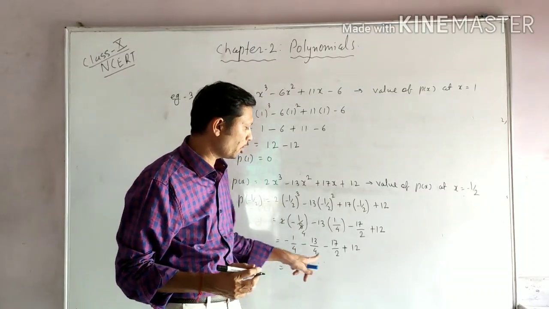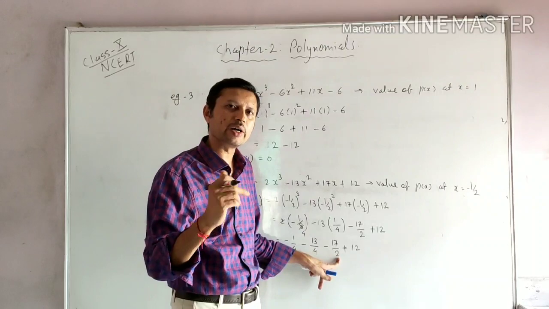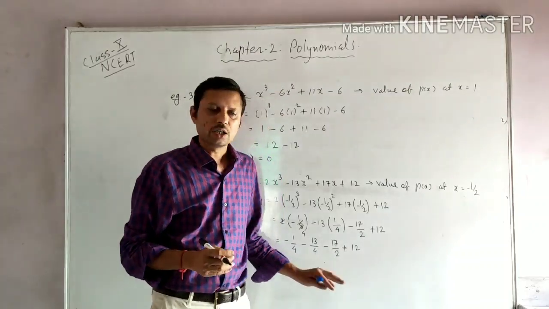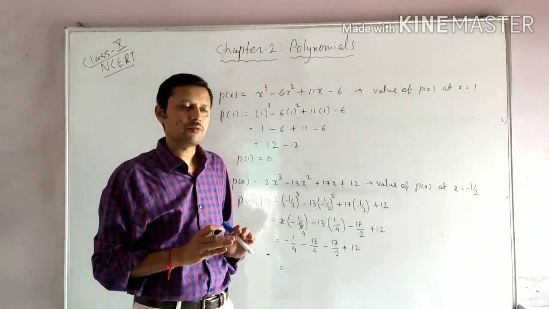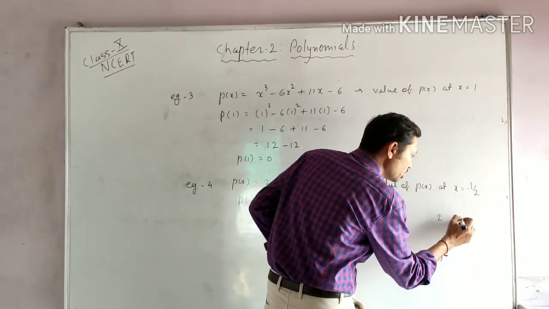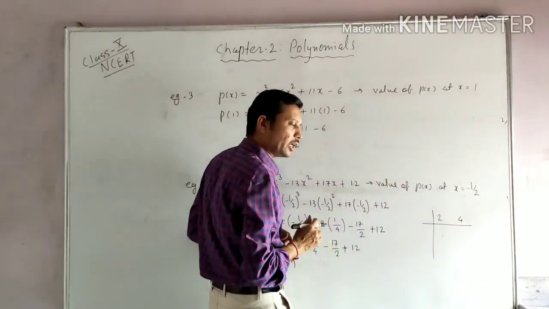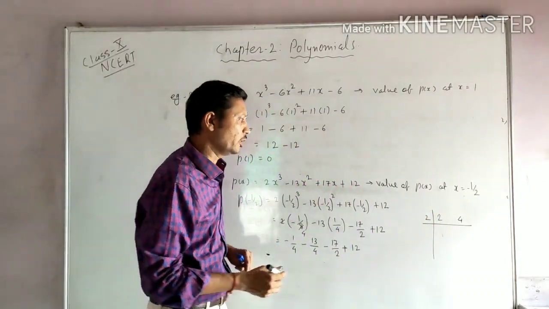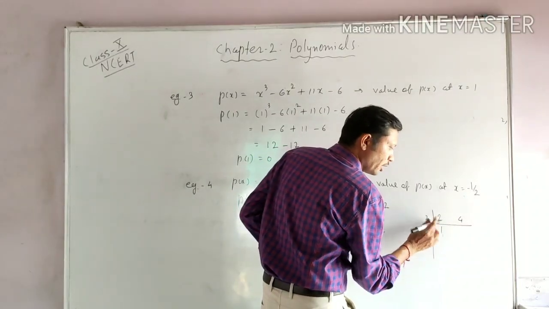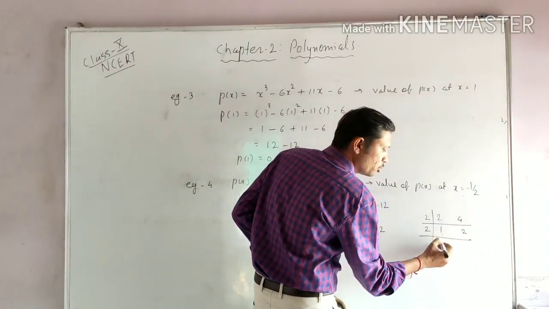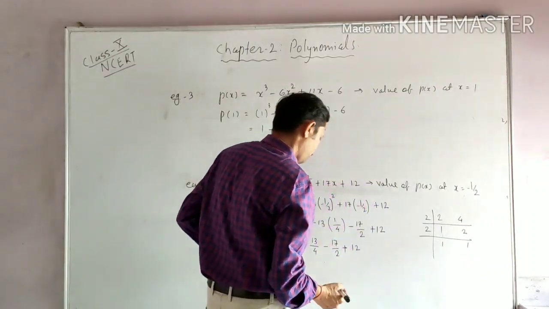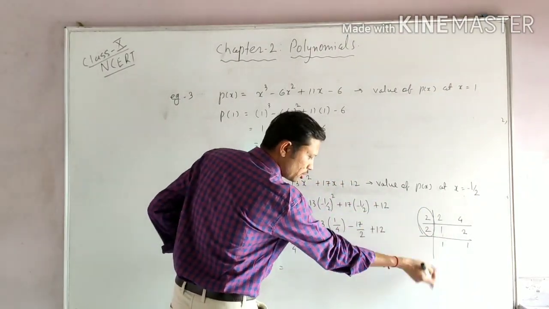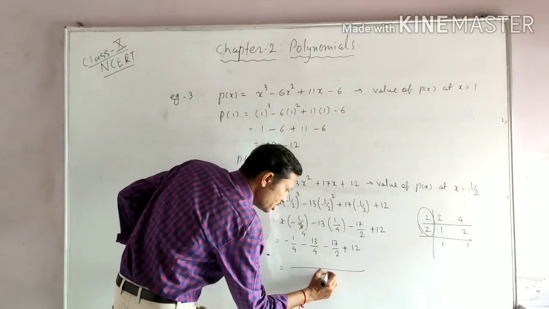So in the denominator we have 4 and 2, only these two numbers, but 2 is already in the 4. So the LCM of 4 and 2 is 4. See students, if you didn't get the idea about the LCM, simply do the calculation. It's a time consuming job, but you can get the answer correctly. So divide by the prime factorization. Suppose I am taking 2. So 2 ones are 2, 4 is there, so 2 twos are 4. Again I will divide by 2, so 1 remains as it is, 2 ones are 2. Now 2 twos are 4, multiplication of these numbers. So now the LCM is 4.